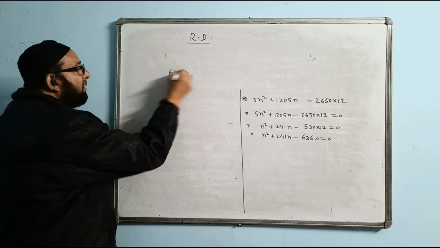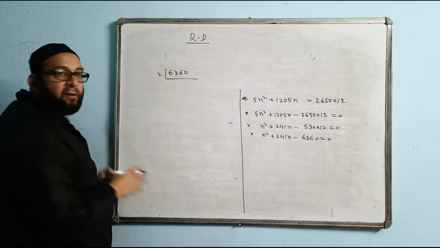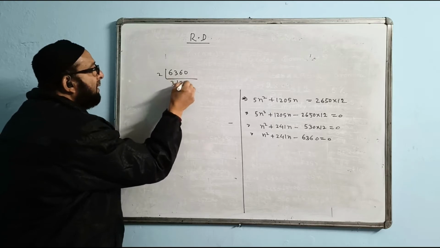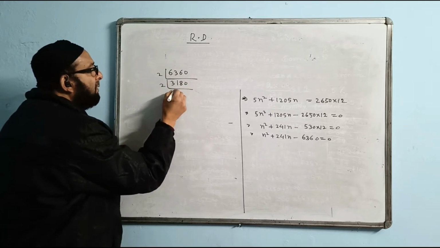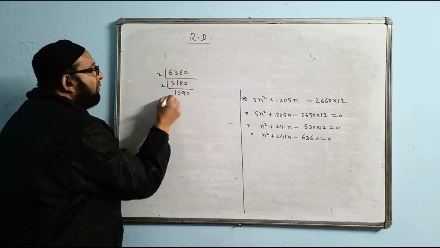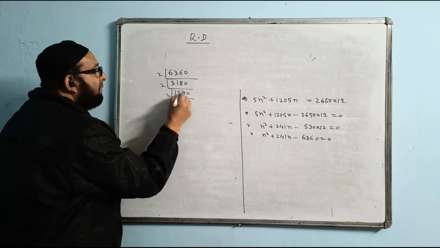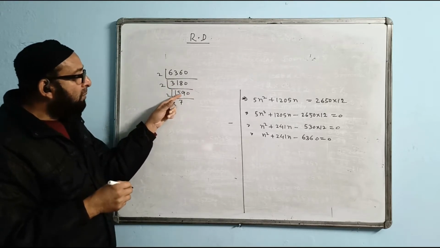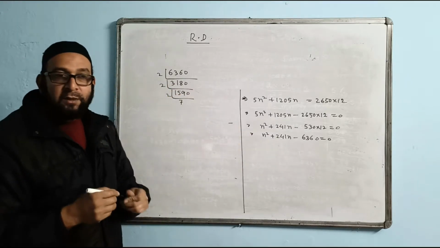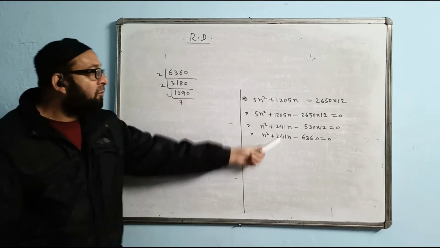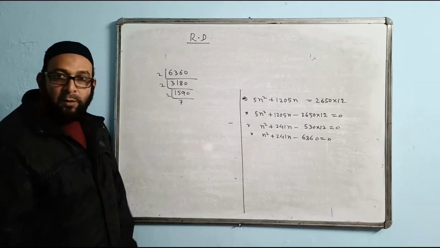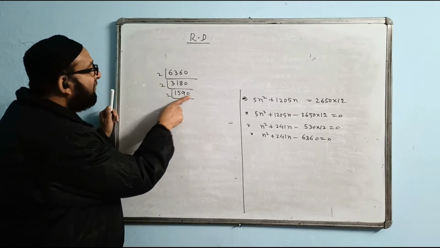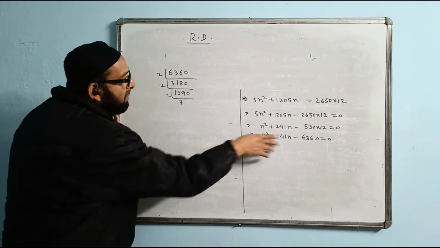6360, I will write it first here and I will divide by 2. This what we will do in the rough side. 2 with 2 I will divide now. 2 3 is a 6, 3 1 8 0. With 2 again I will divide. It become 1590. Again with 2 we will divide. You have to keep checking. You must come close to a number more than this value 241. Something slightly more than 241, not too much more. But little bit more than this value you should come to. I see the answer is 1590. It is too much more than this 241.